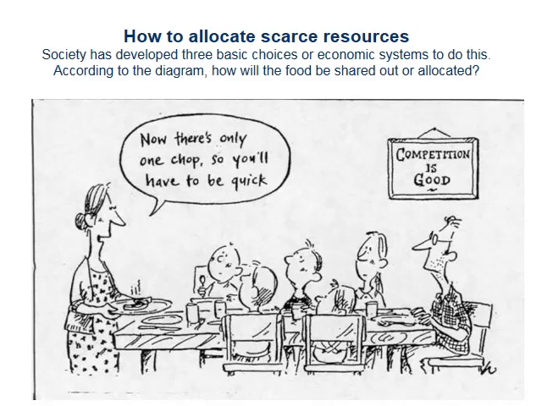Now you can see there are 7 people present at the table. There's only one chop, the limited resource if you like. And so who's going to get it? Is it going to be shared out equally, regardless of each person's needs, just shared out equally? You would say that would be a sort of a pure communism model,